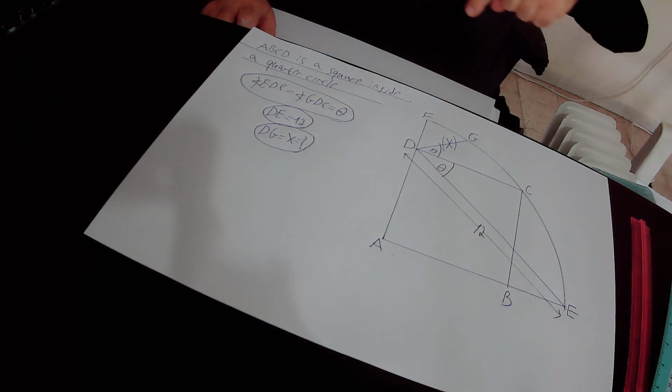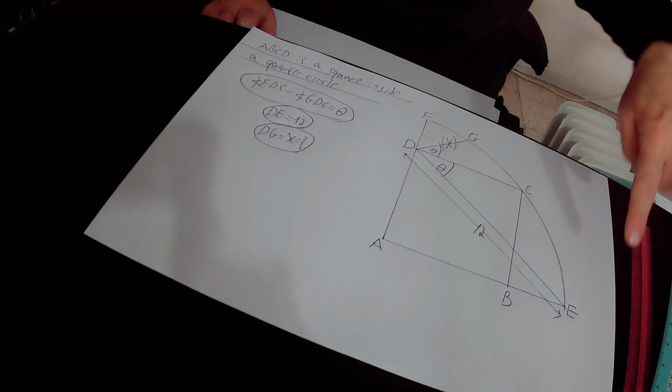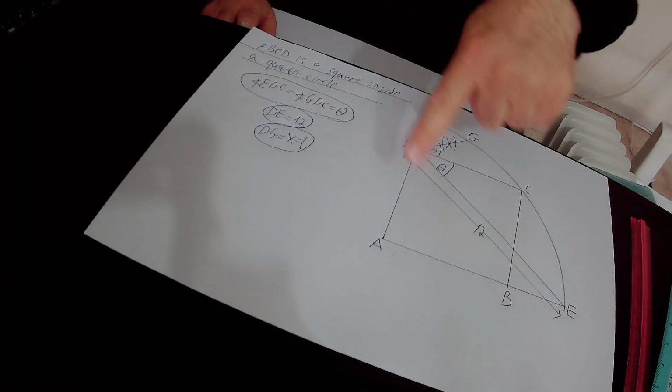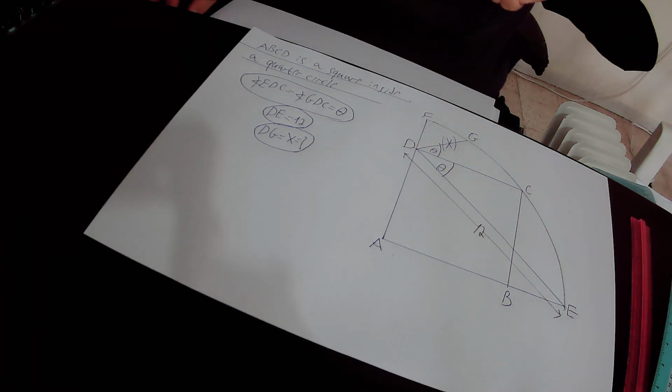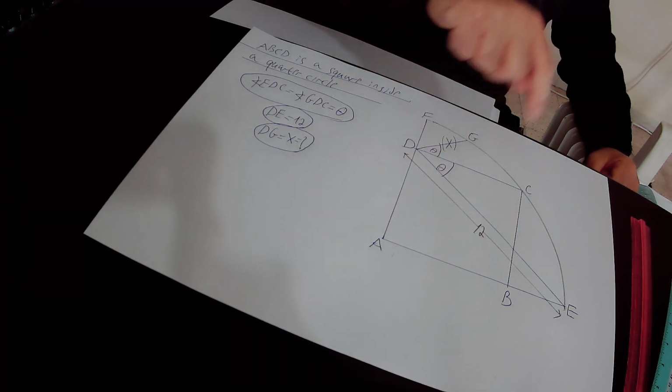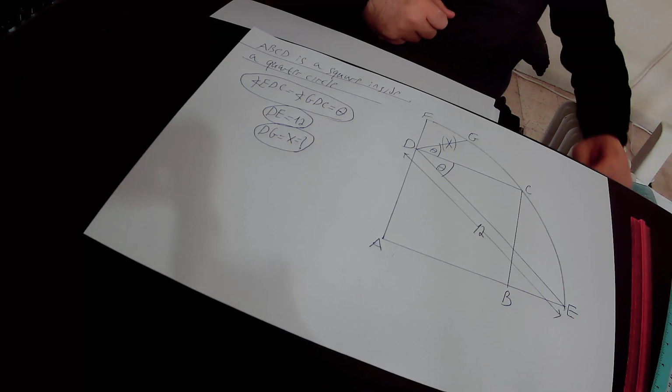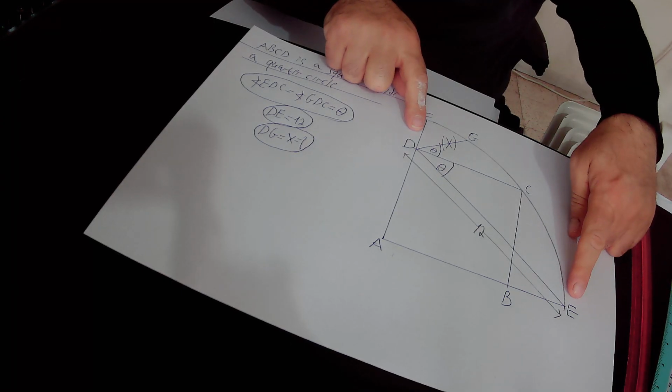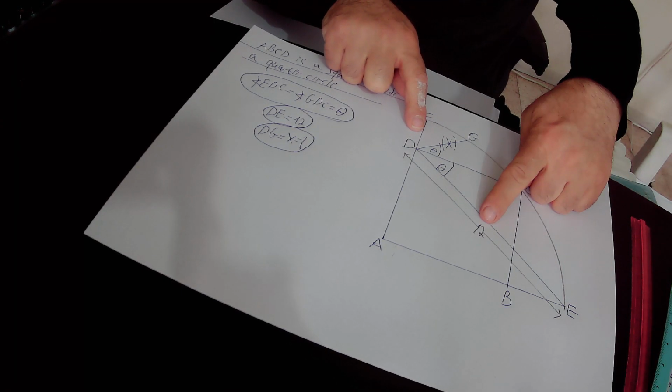Hello, in this lecture we find out the value of x. In the drawing we have a quarter circle, AEF is a quarter circle. Inside this quarter circle we have square ABCD. In addition, we know that line segment DE is equal to 12 units in